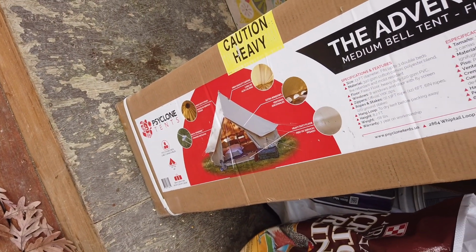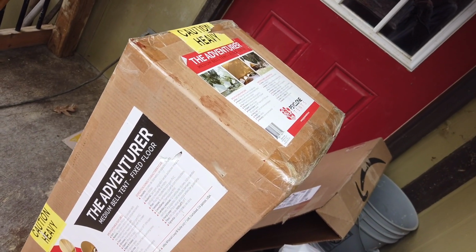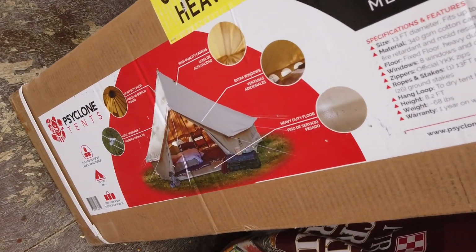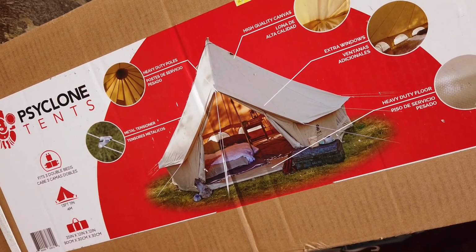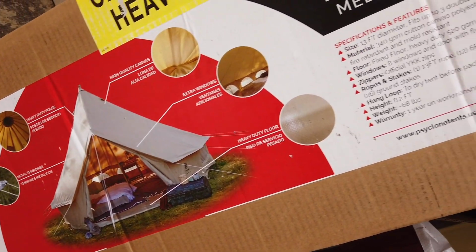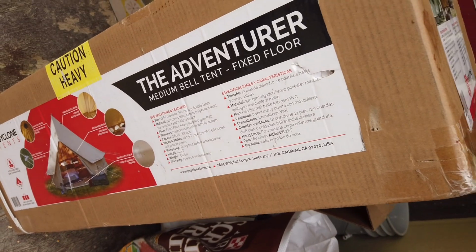All right, so this is the huge box that it came in via FedEx today, and that is a picture of the tent on here. This is the style, a bell tent. Like I said, it is canvas and it is very heavy. This box is 68 pounds. This is the 13-foot around or 4 meter tent,